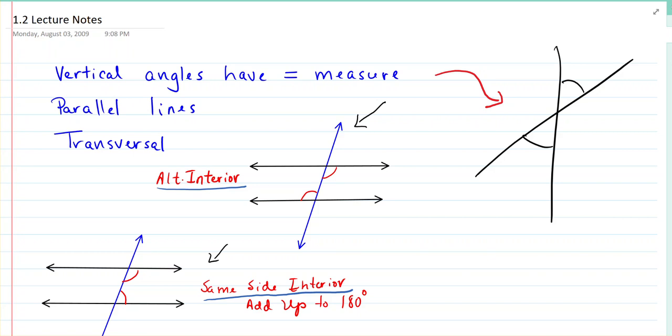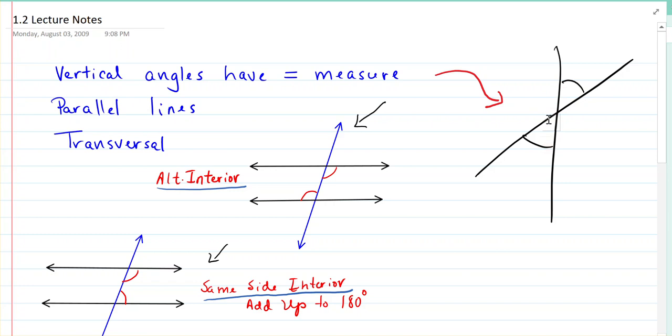Section 1.2 is on angle relationships and similar triangles. So let's get our information down before we look at some problems. The first definitions that we get are about vertical angles. And vertical angles are those that are made if you have an X. So these angles in here, this one and this one, are vertical, and they have exactly the same